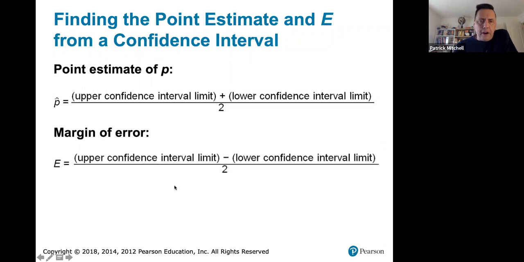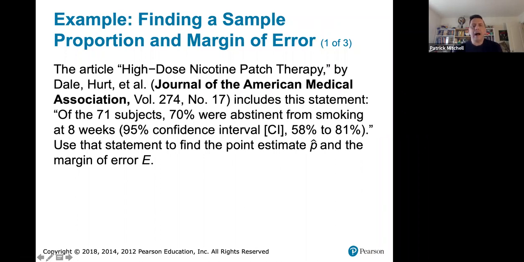The margin of error is the distance from P hat to one of the limits of the interval. Okay, so for an example of that, the article on high dose nicotine patch therapy includes this statement: of the 71 subjects, 70% were abstinent from smoking at 8 weeks. And this is based on a 95% confidence interval, 58% to 81%. And they want us to use that statement to find the point estimate P hat and the margin of error E. So using those formulas that we were just looking at,